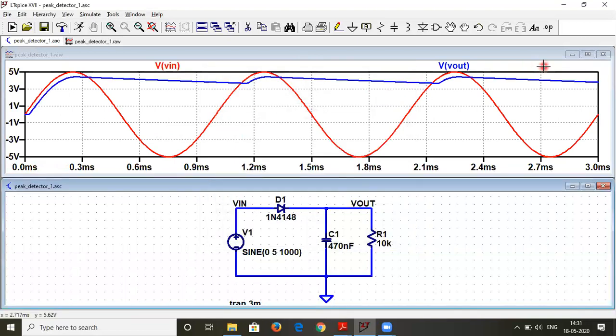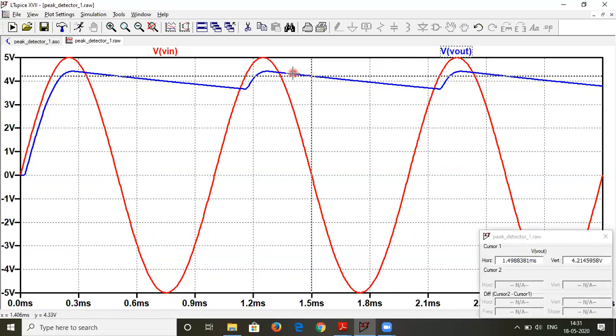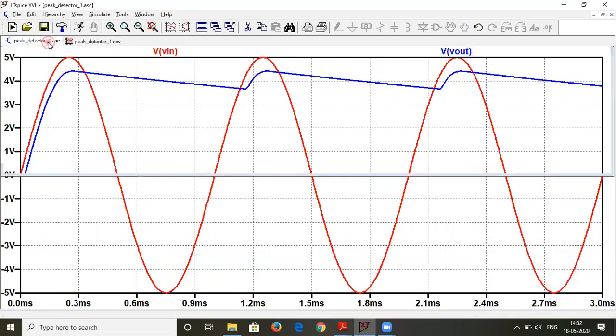Oh, so this is the output which I am getting. It should detect the peak, but it's falling short of it. So basically, how much short is it falling, let us check. If this is my output, here the output peak is around 5 and it is detecting till 4.4. So there is a loss of around 0.6 volts, which is the loss of this diode.